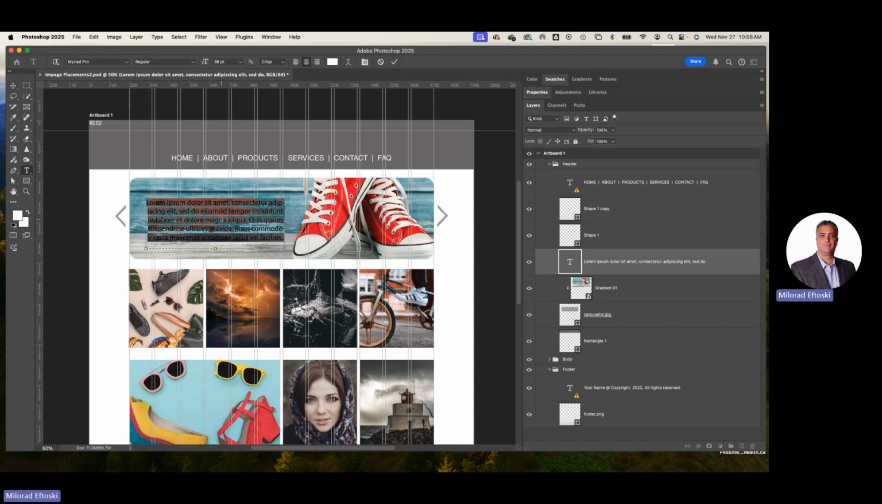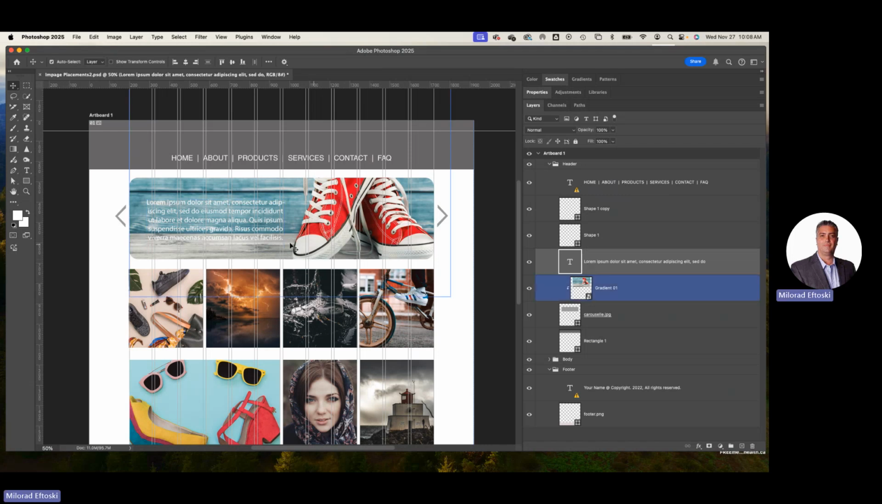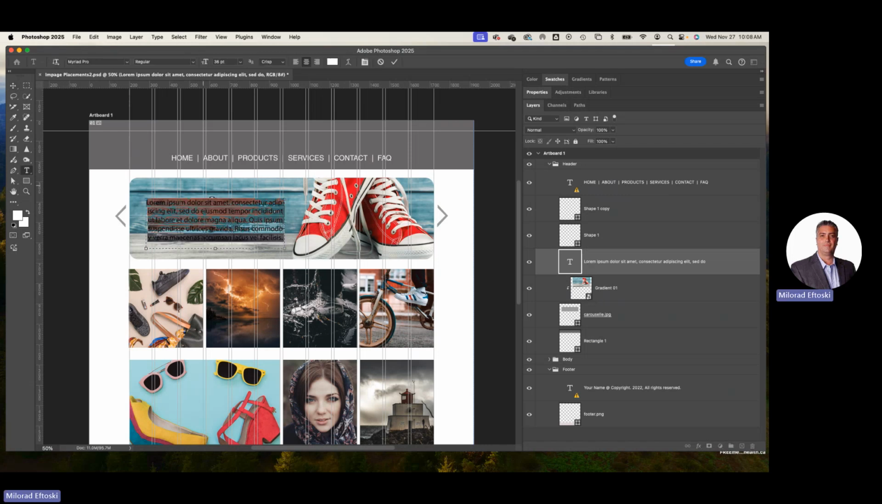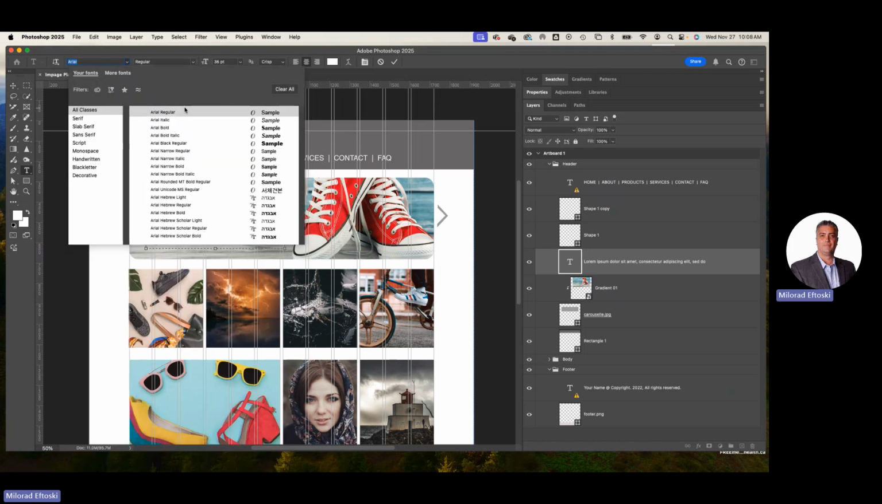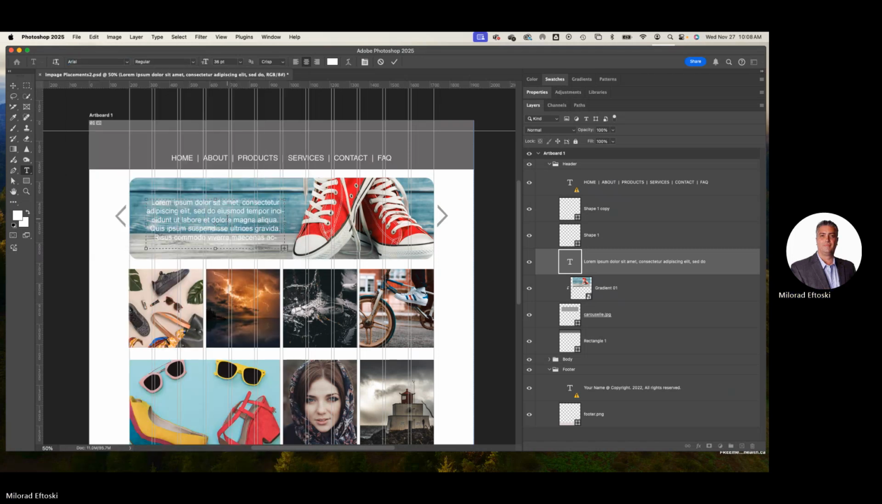Now, what do you do with text? Well, here's what you do. You select the text layer in Photoshop. Let's investigate first. This is Myriad Pro, but let's use Arial because Arial is a very popular font and a common substitute. We're going to left align Arial